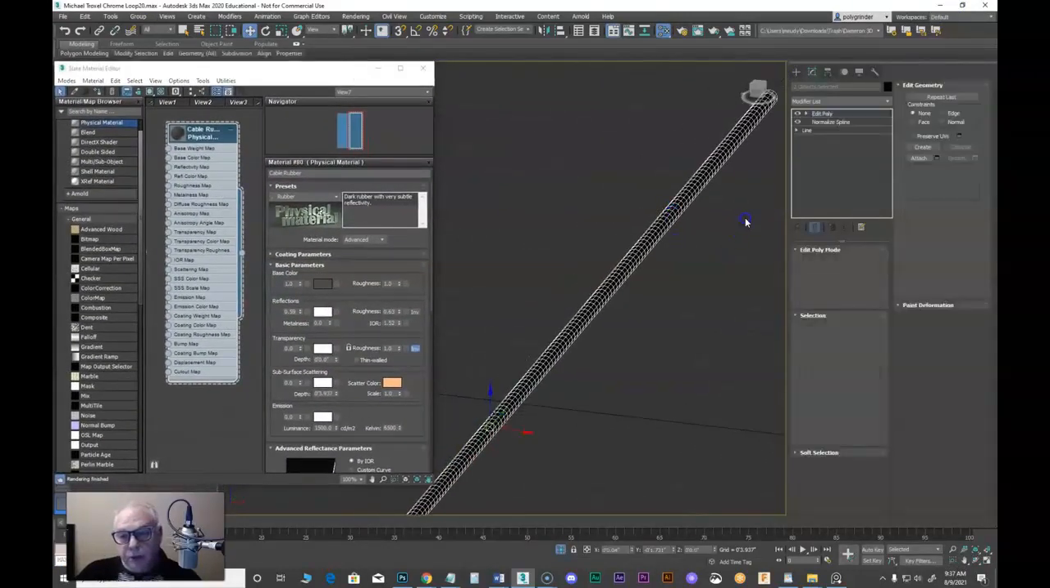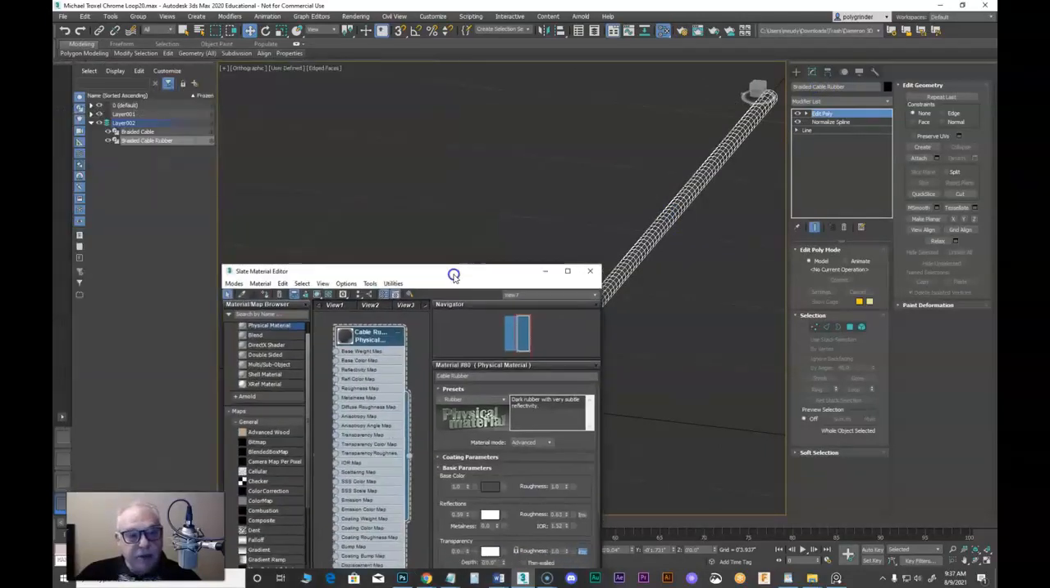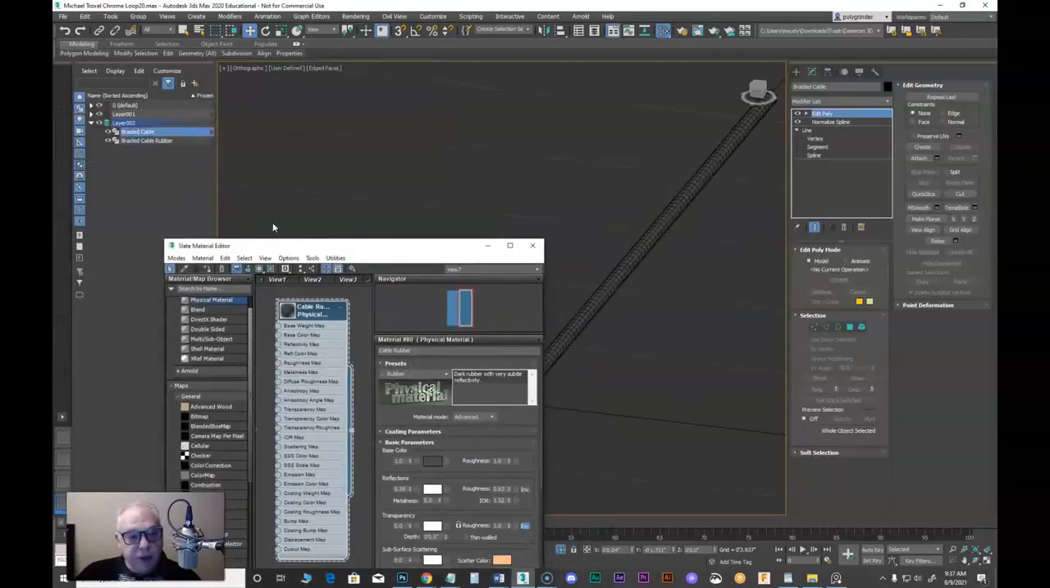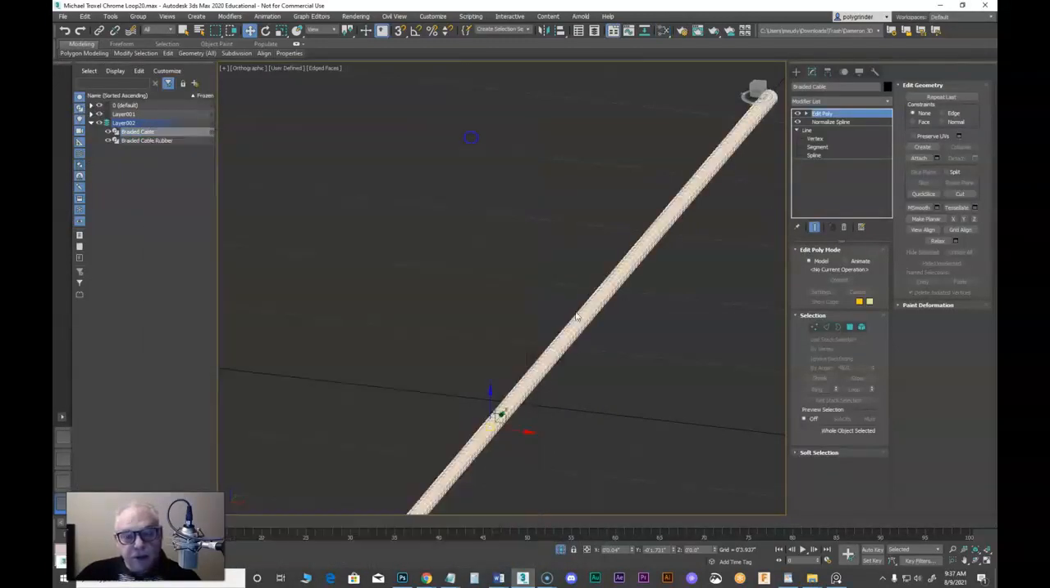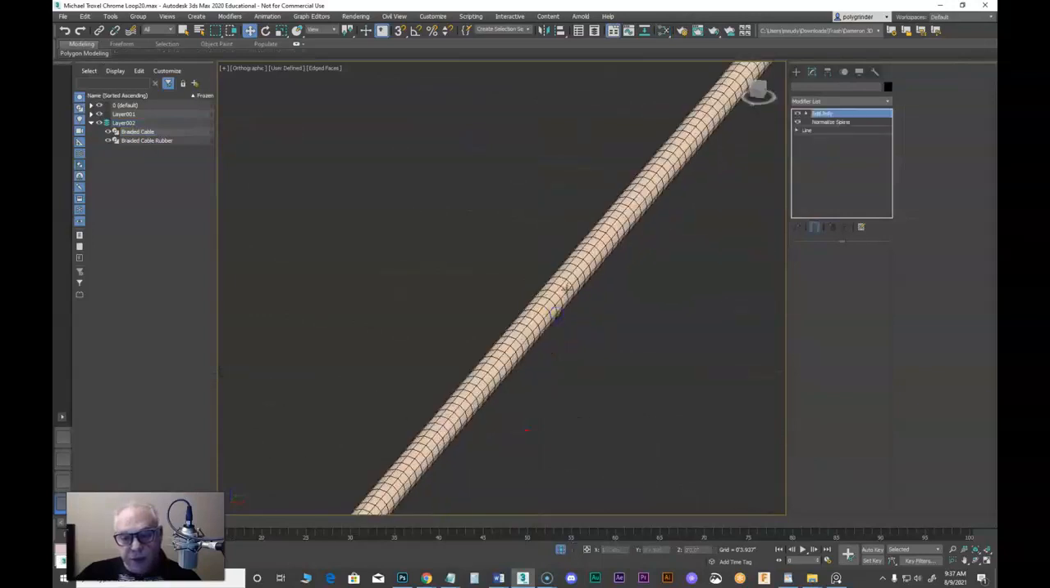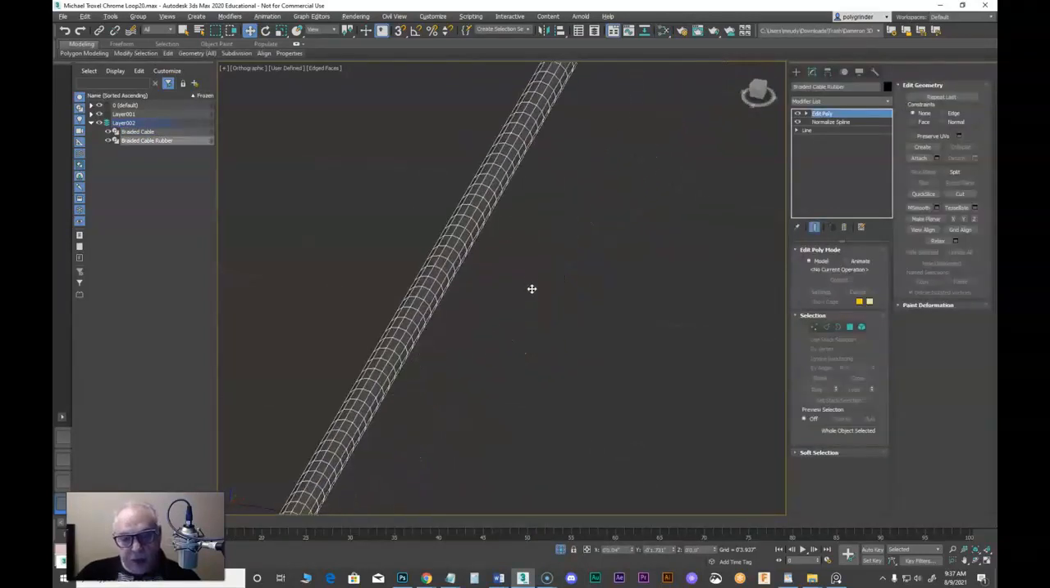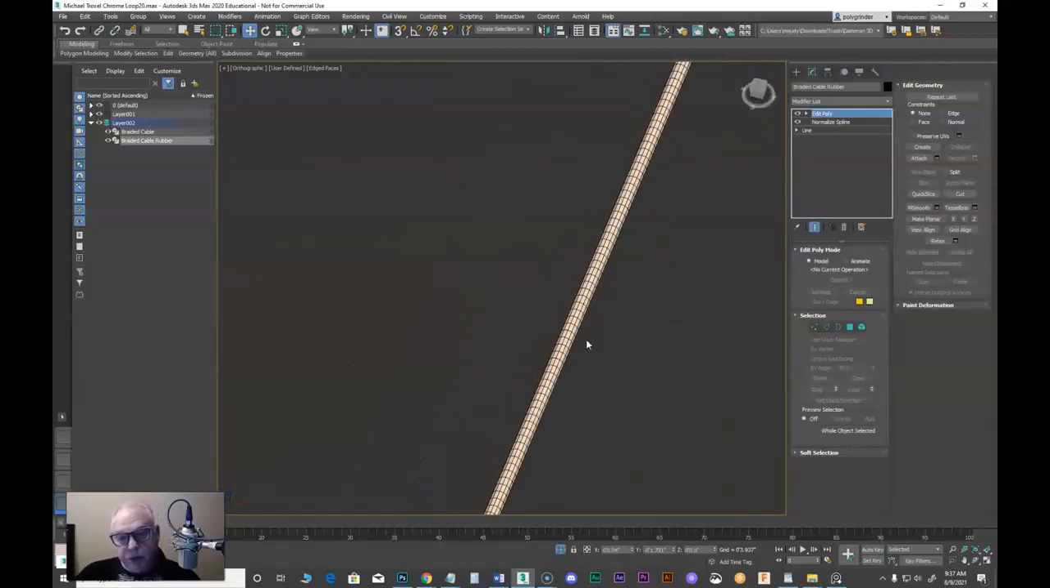Okay, so what do I have picked here? I have the cable rubber, so let's assign that. And then the braided cable, we'll assign this to it. So now we have those materials in there. Okay, so now for the braided cable, what we're going to do is